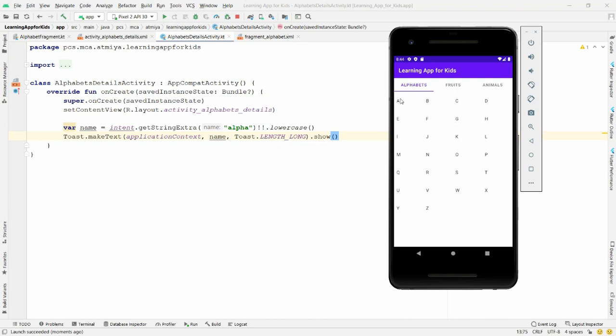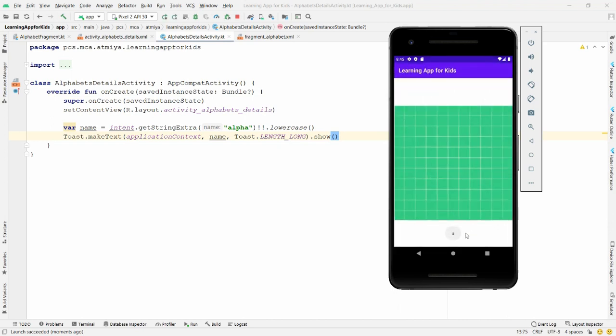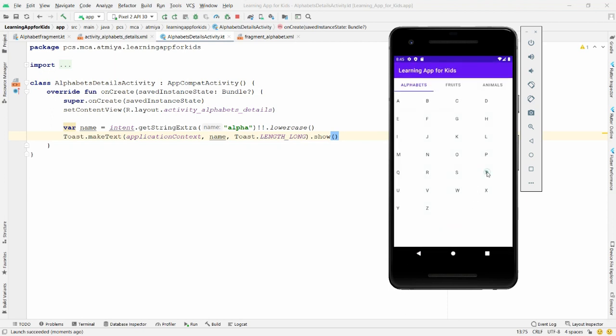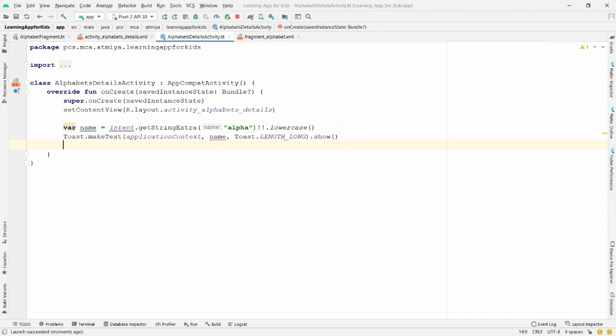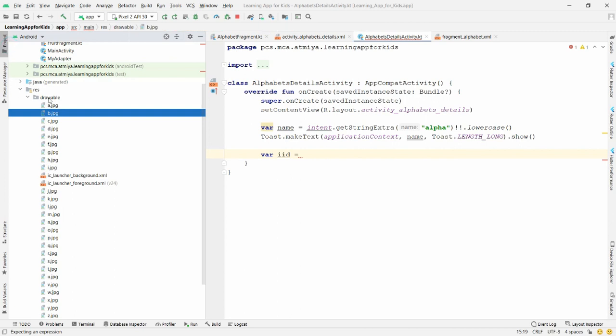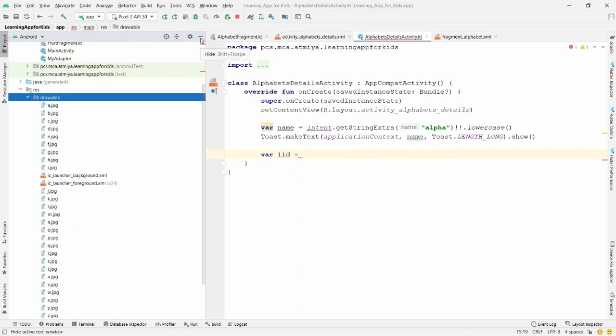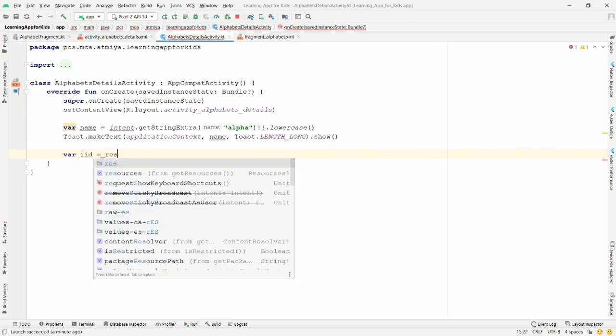See here, now whenever you click on A, you will get the small a over here, right? Whenever you click on any item, for example T, then you will get the small t over here. Now I want to find this t.jpg, right? So here we can write variable IID, that is image ID, is equal to. Now this t.jpg is available where? It is available in a folder that is drawable. So here we can write variable IID is equal to